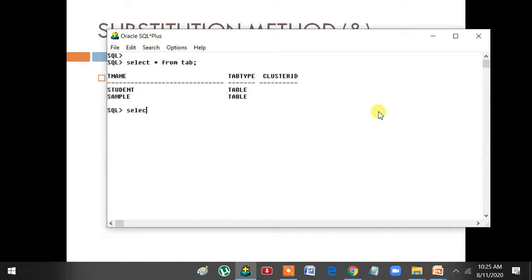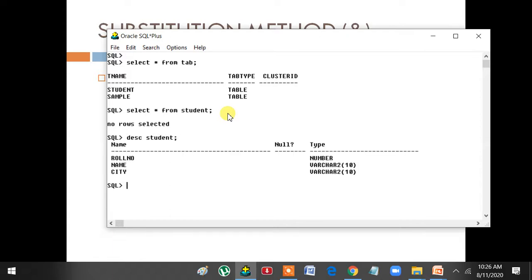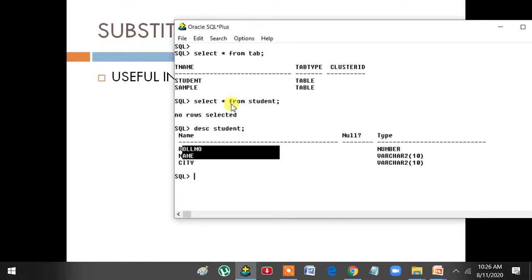There were two tables. Select star from student. I hope you can understand why it has happened, because I have not committed last time. Anyway, describe student. There are three columns. Currently the table is empty and there are three columns. Let me show you all the methods one by one.